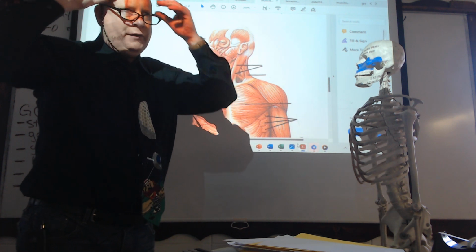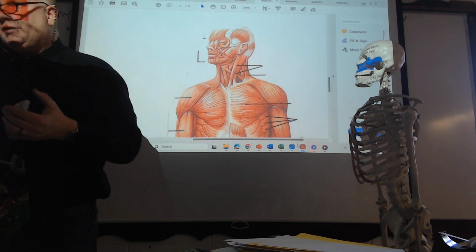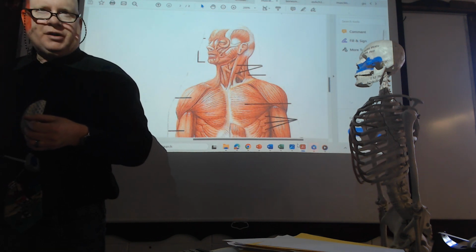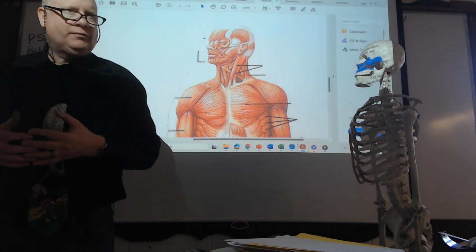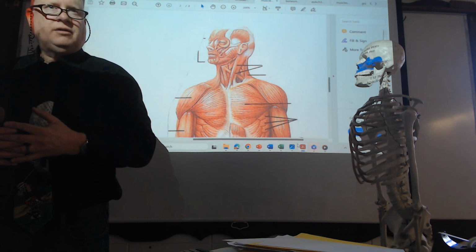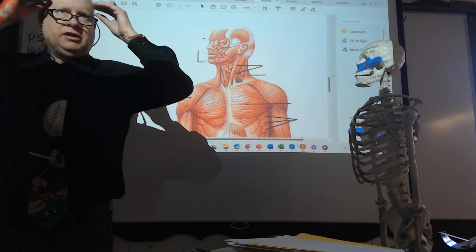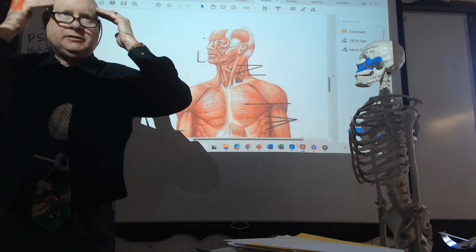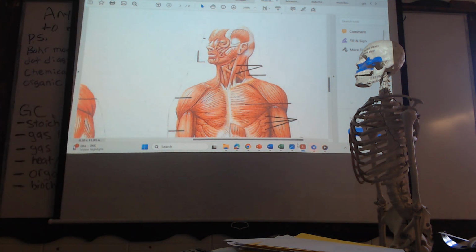There are different ways that you break up muscles in the human body. Some are called prime movers, some are called synergists, okay? So in other words, what does the temporalis do? It aids in closing the jaw. You do that, you can feel that muscle flex. Okay? So a synergist would be something like,